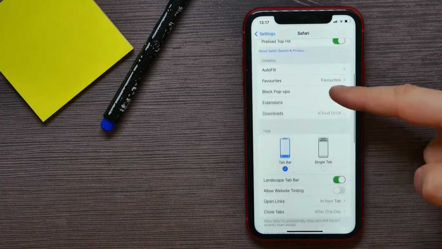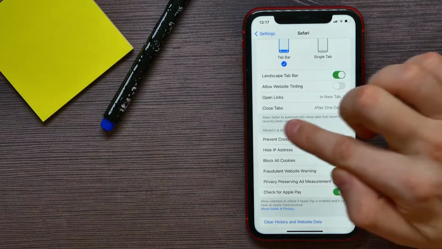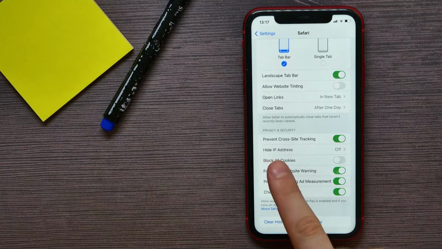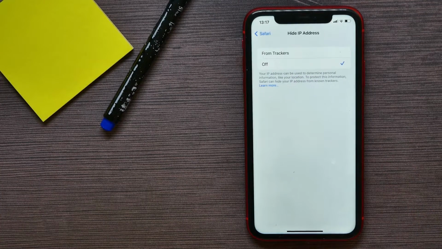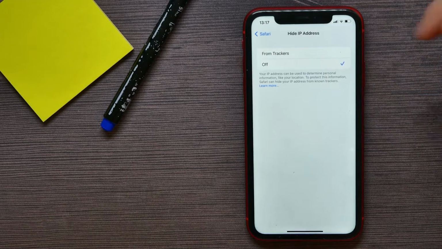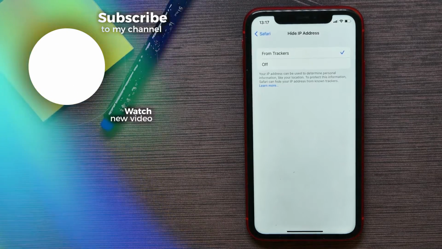Now here, scroll down until you find the privacy and security box, and there you have to find hide IP address. This option is now set to off, but you can switch it to from trackers, so from now on your IP address will be hidden from different trackers, and that's all about how to hide your IP address from trackers on